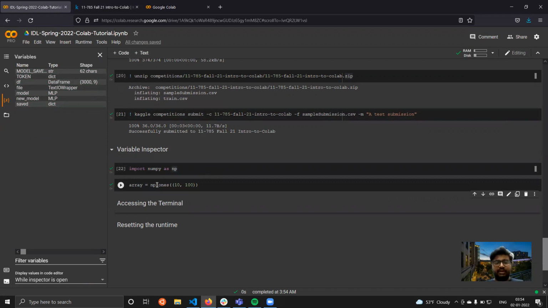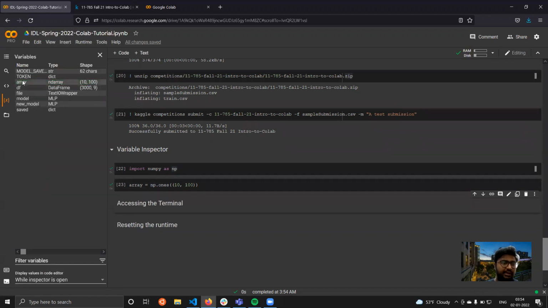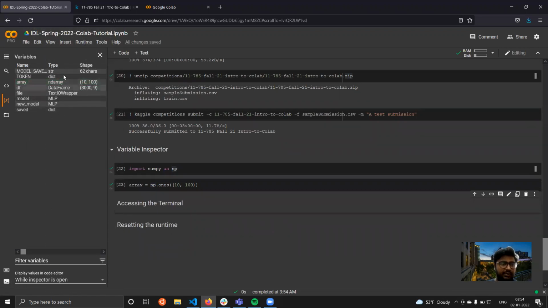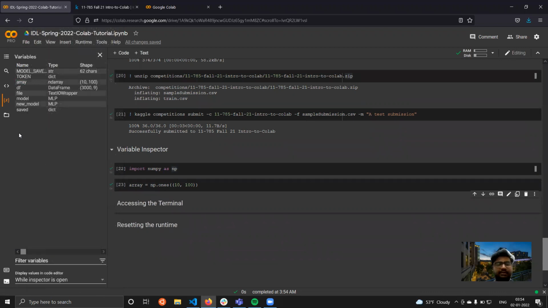When you have a bunch of variables and a long notebook, you can easily see a summary of what different variables you have, what they contain, and what the type and shape are. This is really helpful for keeping track when you are training a model and you have a lot of data loaders and different variables that you want to keep track of.